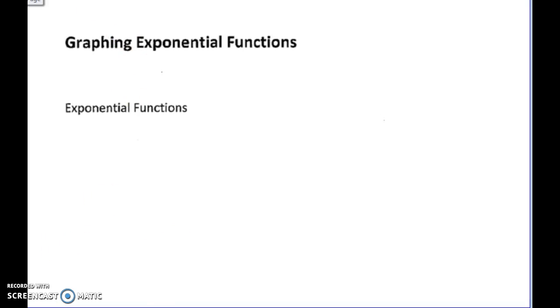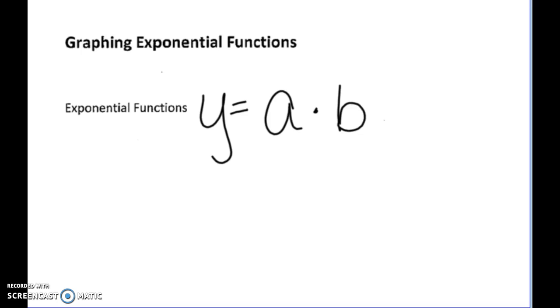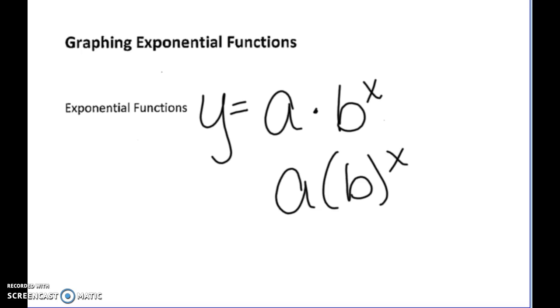Okay, the other day we did exponential functions in class. You had to write equations, and they all looked like something times a number with an exponent. Most of you were putting it into a parentheses. Either way is fine, because either way, always remember that you have to do the exponent first, then multiply by